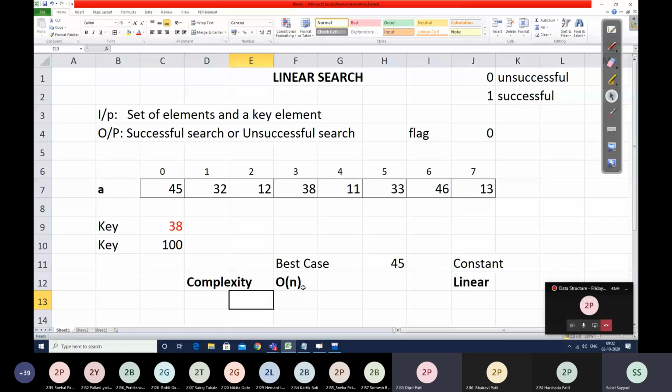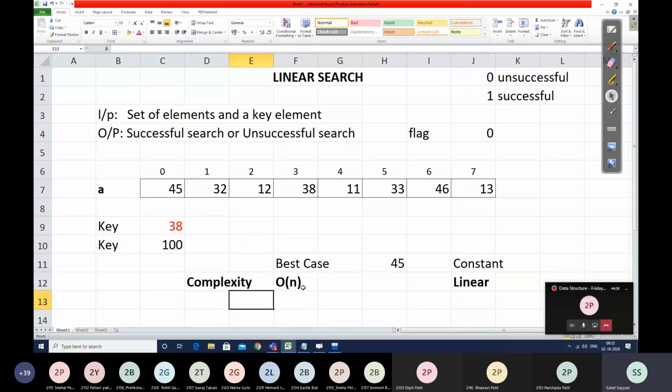Correct. So maximum n number of comparisons you will make in order to comment whether the search will become successful or unsuccessful. You may require a smaller number of comparisons. Did you understand now? See what the answer was? The answer was that at the most, or maximum, n number of comparisons are required in order to finally comment that the search is successful or unsuccessful. You will not require more than n comparisons. You may require less than n, but maximum n comparisons are required, and that's why we say the complexity is n. That is linear complexity.